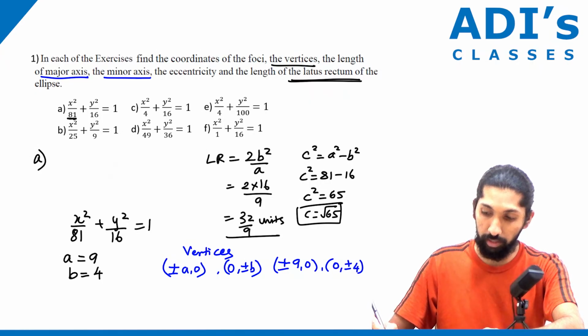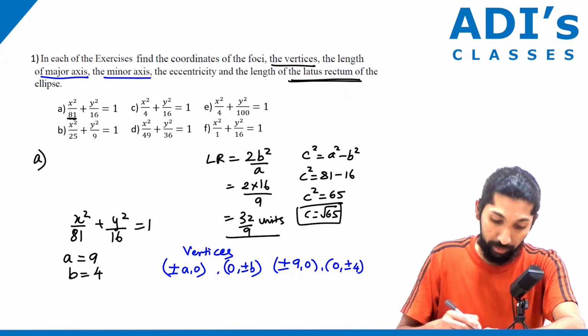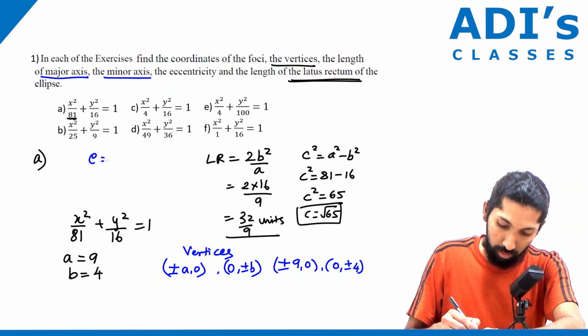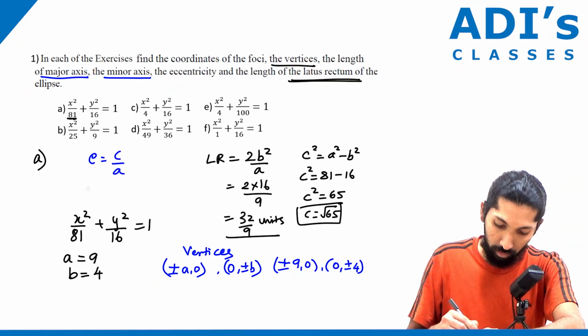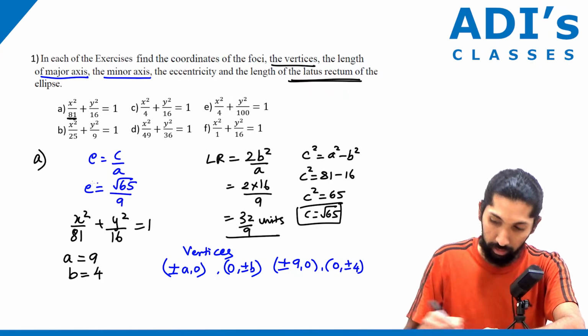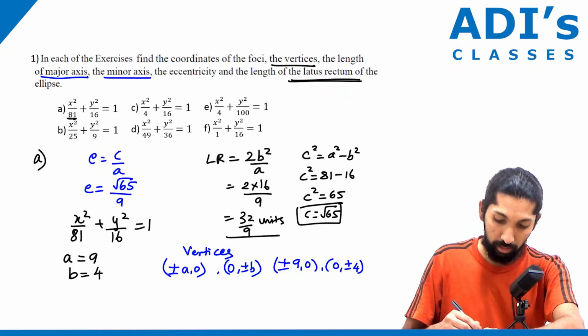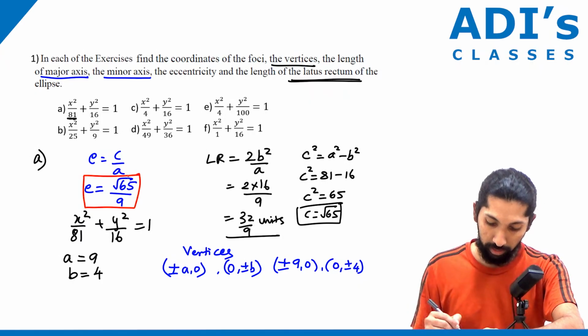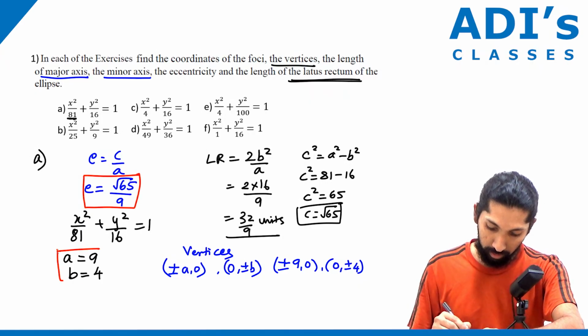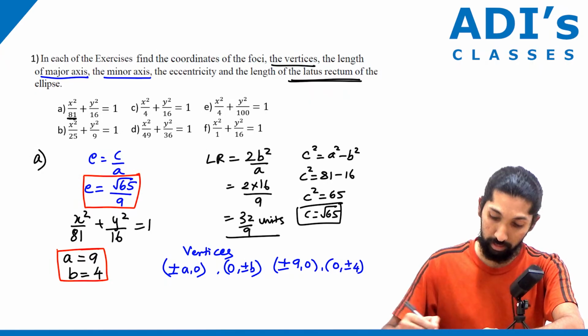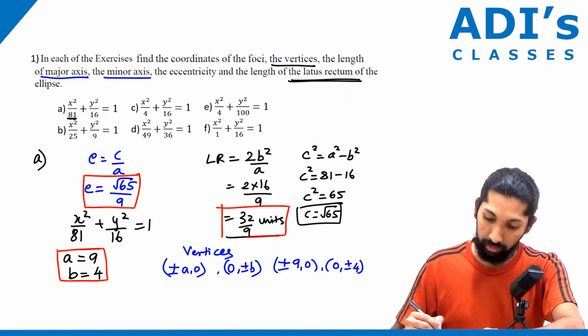Okay, now for the final part, which is the eccentricity part, E is equal to C by A. So E is equal to root 65 divided by 9. So what are the answers here? We have the eccentricity as one answer, A and B, the length of major and minor axis, the length of the latus rectum,